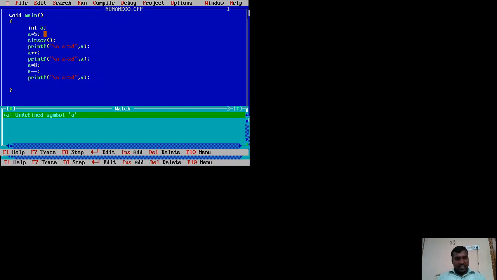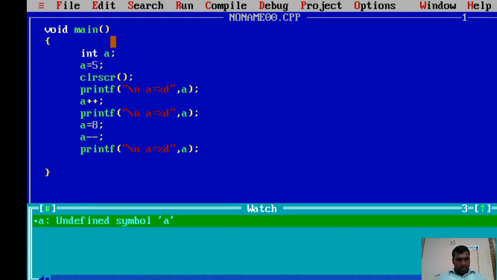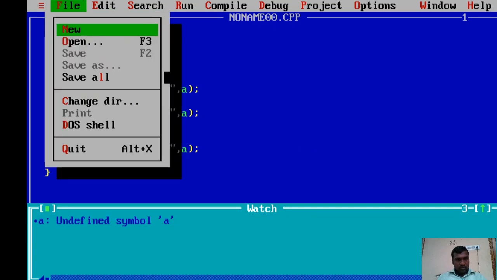So I'm switching to full screen mode, right? So now I am hitting F7. Oh, sorry, still it is not responding properly. Okay,